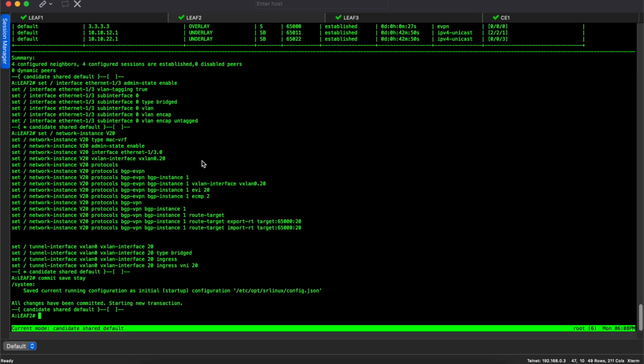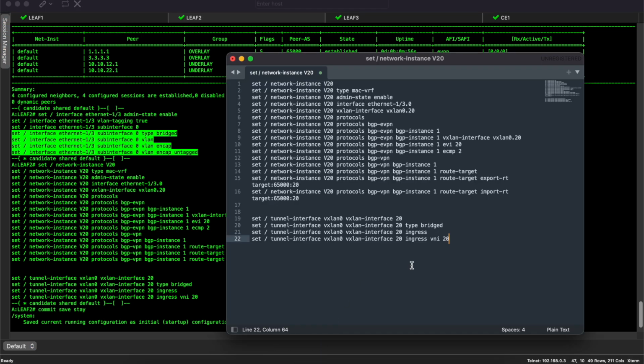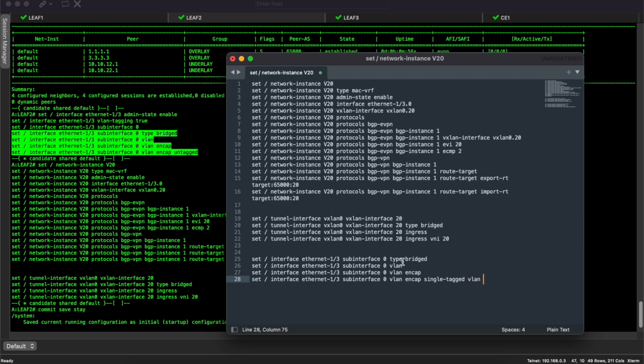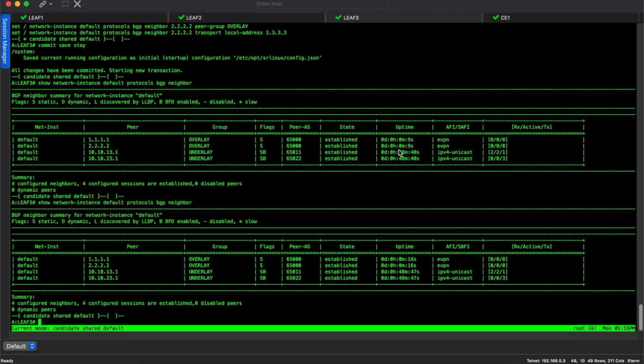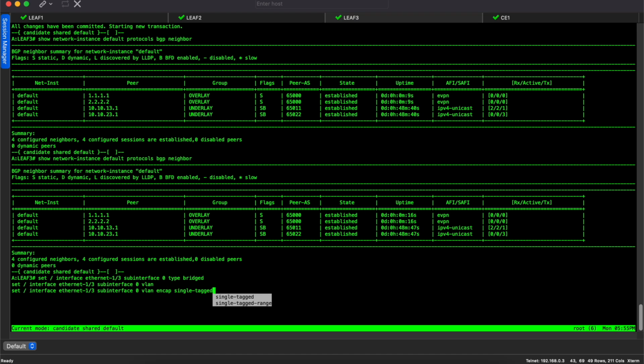We can use our trick and we can copy sub interface, add it here, and we can set encapsulation single tagged. Maybe let's just put the configuration here, single. Actually no,